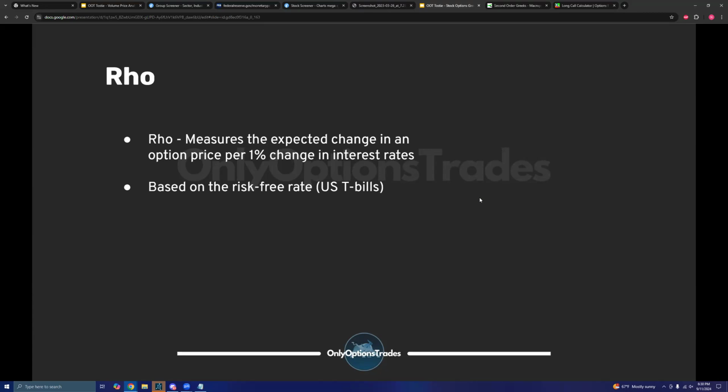So essentially, as interest rates go up and down, the price of our options contracts also fluctuates. This has a super small impact, especially in an environment where rates are pretty steady, which for now isn't necessarily the case. But all throughout 2016, I want to say, to the 2020 period, rates were pretty much flat at zero the whole time. So anyway, that's Rho, and that's really the last Greek for us to introduce.